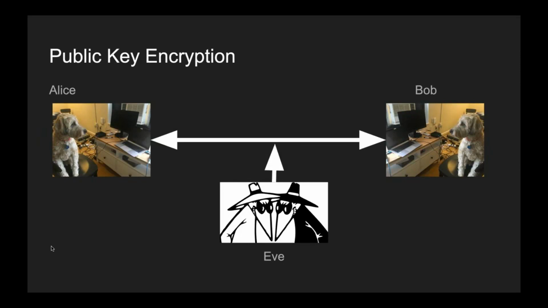So the problem with symmetric key cryptography is it uses one key to encrypt and decrypt, which means that in this scenario, let me explain the characters. We have Alice on the left, who's trying to send a message to Bob on the right. But we have Eve down at the bottom who's listening in. Eve is an eavesdropper. You know, it's very clever.